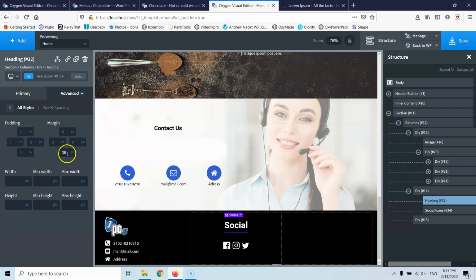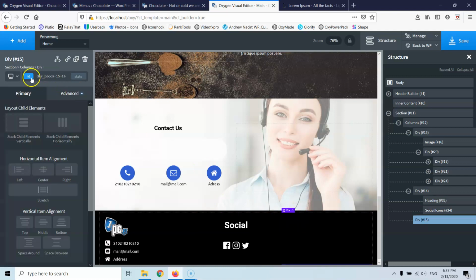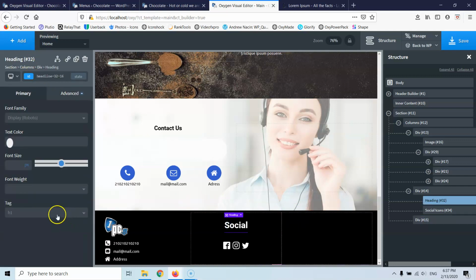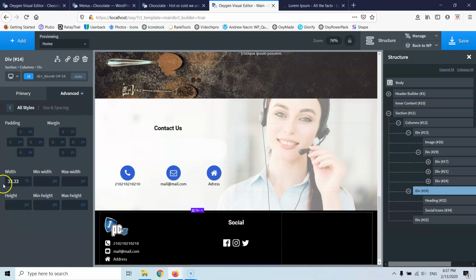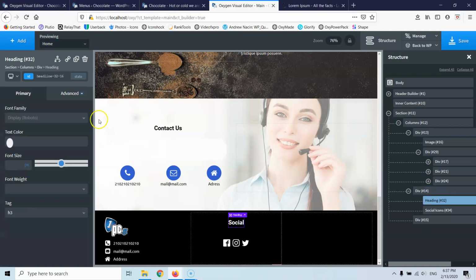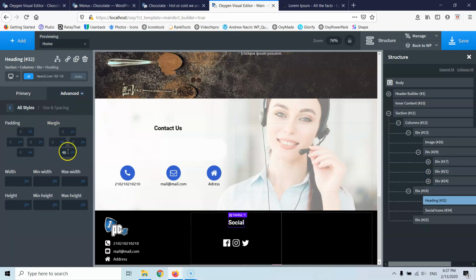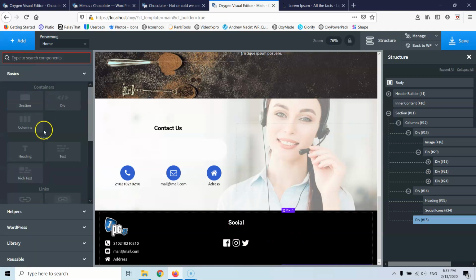It's 38. Okay, so let's go here and add here. It should be H3 social. Now I can change it more. Okay, social. Let's see the sizing and spacing in here. It's 48. So let's go here and add another heading,